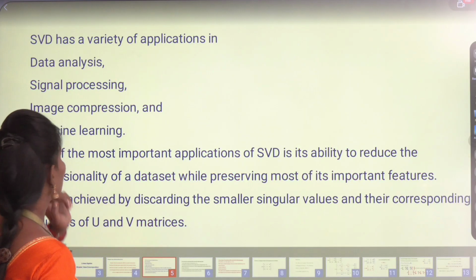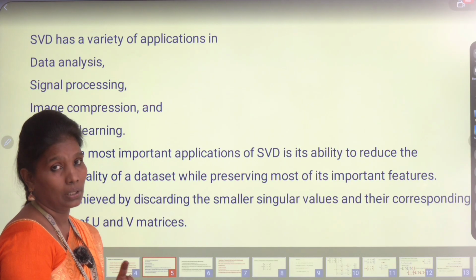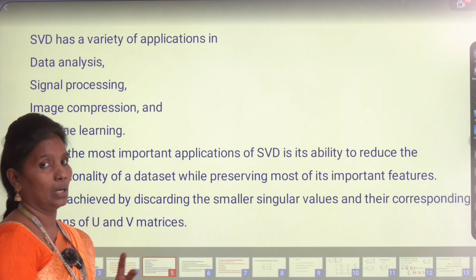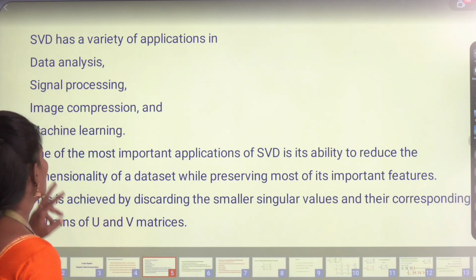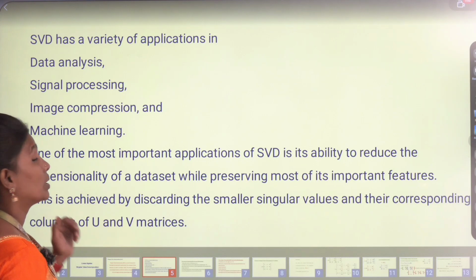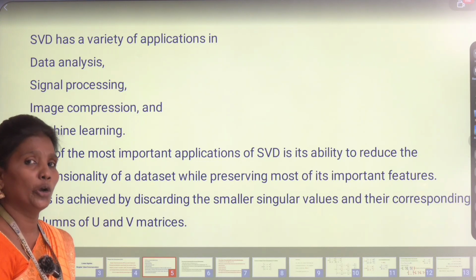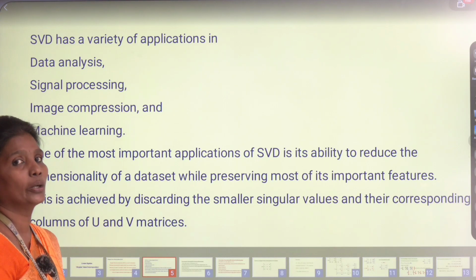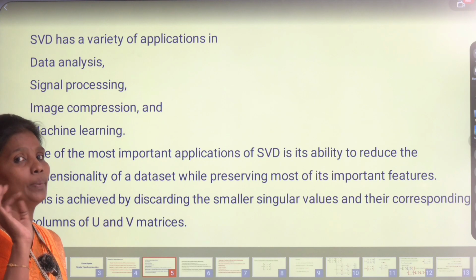We already saw these slides: where SVD is used, how it is used, and why it is used. I explained these three things initially. One is data analysis. You keep the data you want, and the remaining unwanted part is removed by using SVD, which decomposes the data. Those parts are set to rest or equilibrium points.